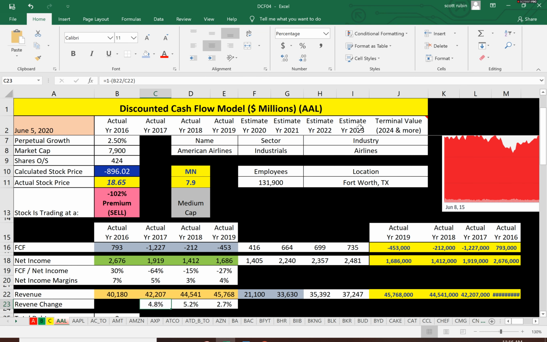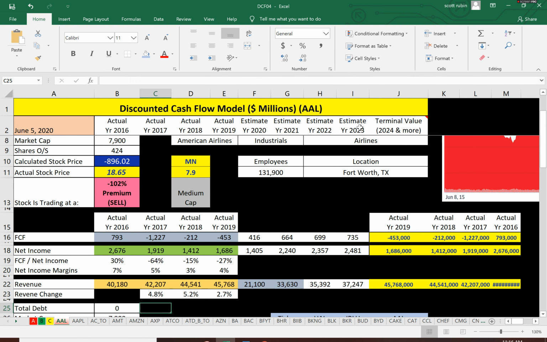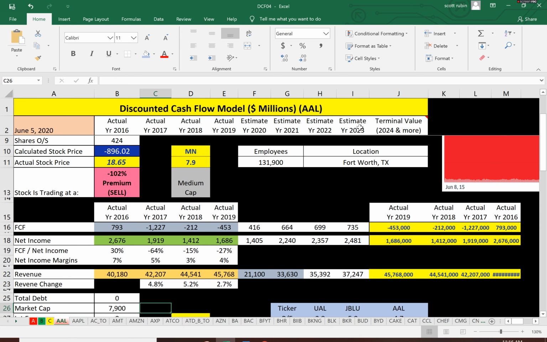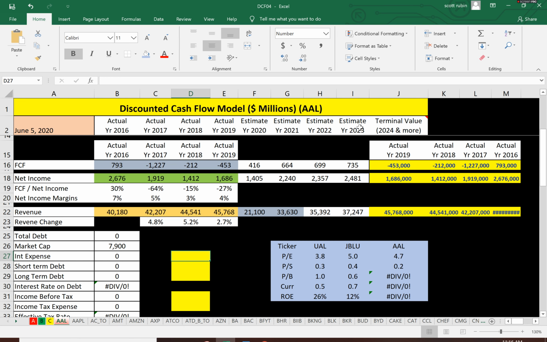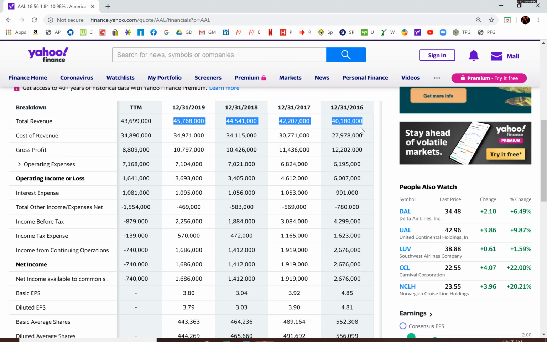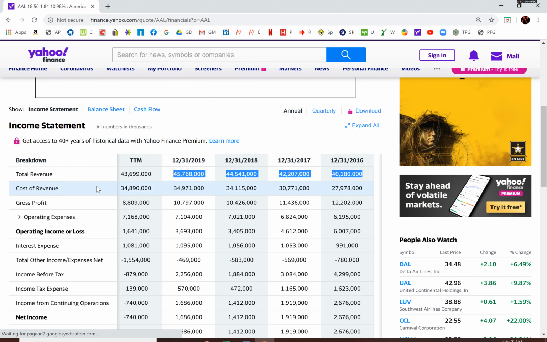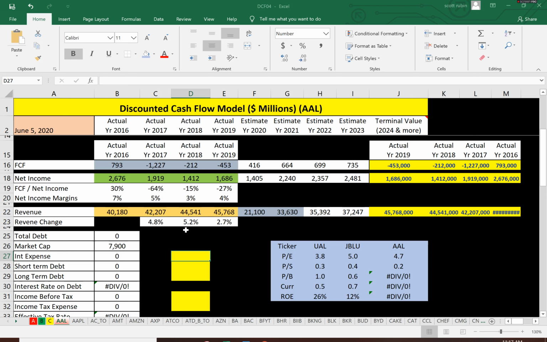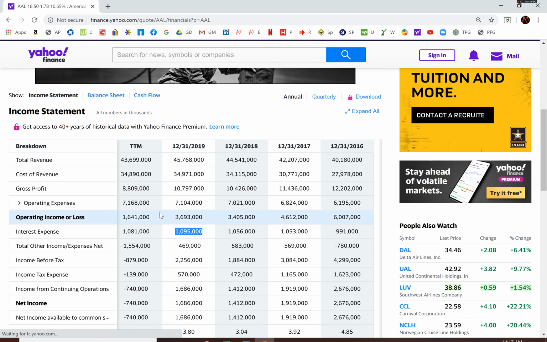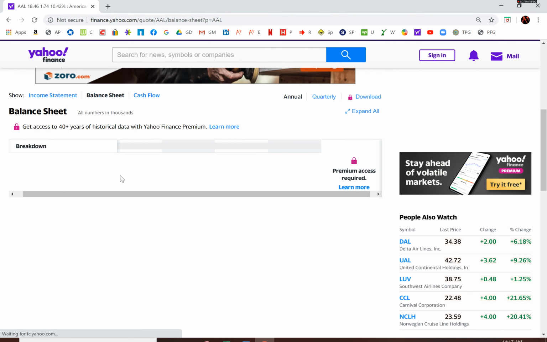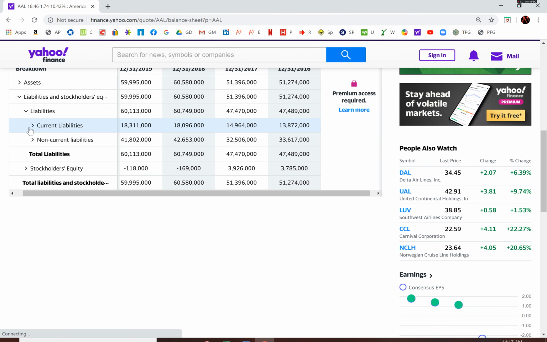Okay, so now we have the values in the model. And it does make it more difficult to have negatives, because a normal discounted cash flow model can't really work with negatives. It needs mainly consistent positive numbers. But I altered the model a little bit to make it fit. But we need the capital structure of American so we know what to discount the cash flow by. So they pay $1 billion in interest on the debt. And now let's see how much debt they have. We'll go to the balance sheet, go to the liability section,